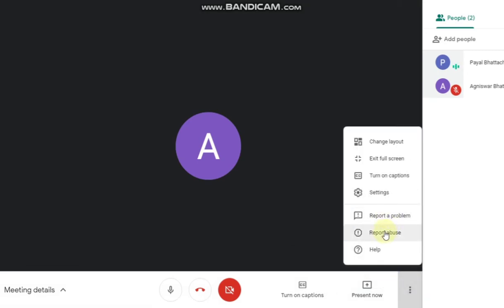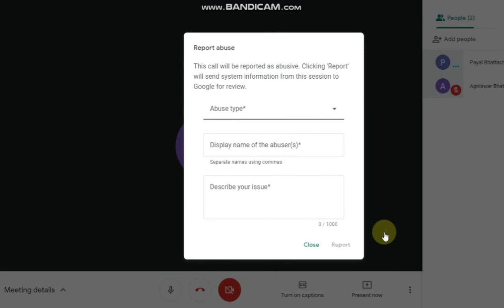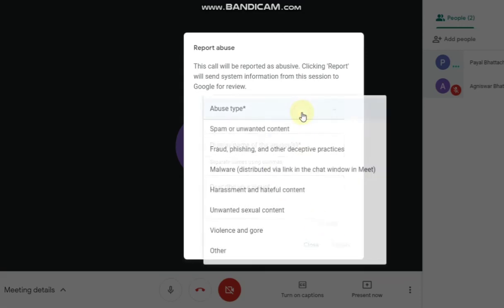And if you want to report any abuse, suppose if you want to complain against anyone, then you can click here and report abuse. Straight away you will be taken to that. You will have to write the abuse type. Is it spam or unwanted content? Suppose any of the participant whom you don't know is harassing you, whatever problem you are facing, whatever kind of abuse you are facing, you have to select that.